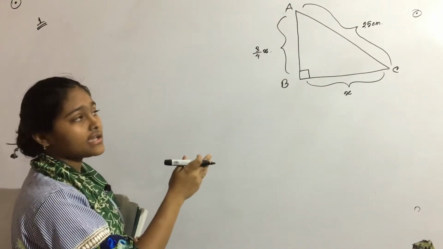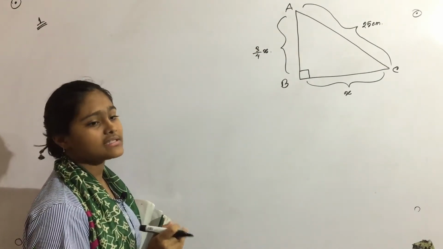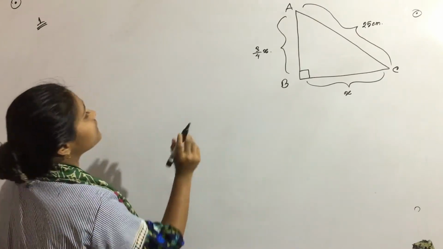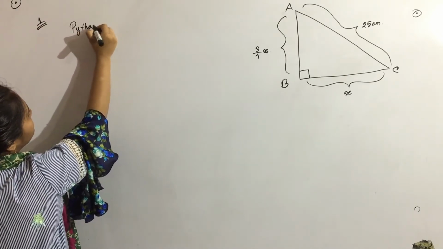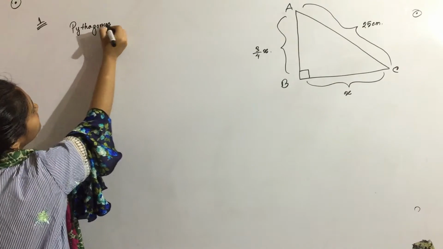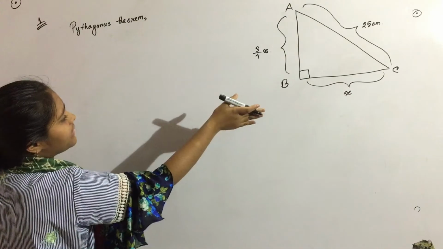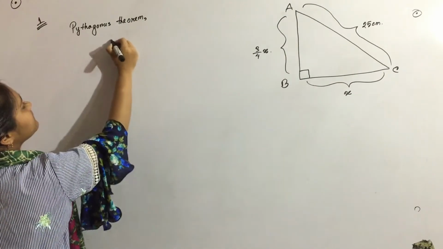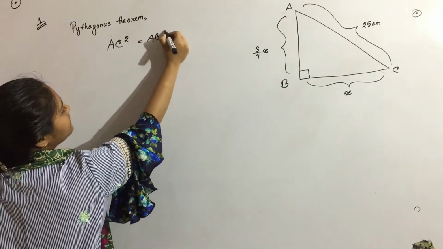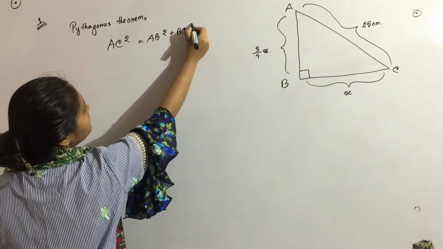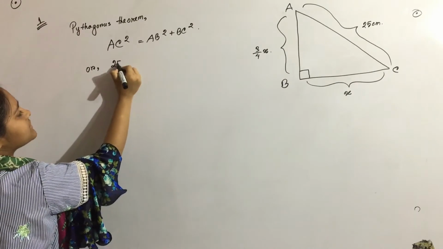We know that in a right angled triangle, the sum of the squares on the other two sides is equal to the square on the hypotenuse. So, first we shall write the Pythagoras theorem. AC square equals AB square plus BC square. Or we can write that AC square, the length 25 centimeter square,